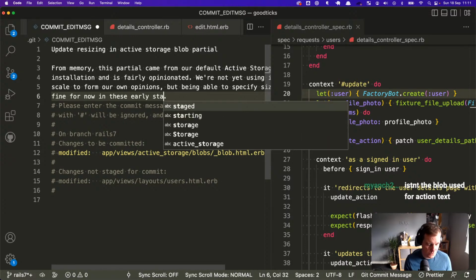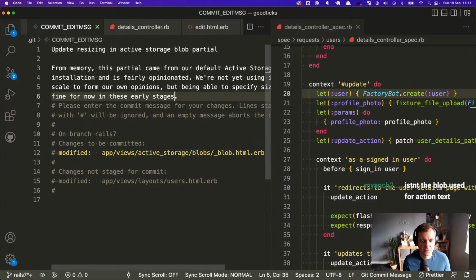Early stages, because I sort of get the idea of having an opinionated